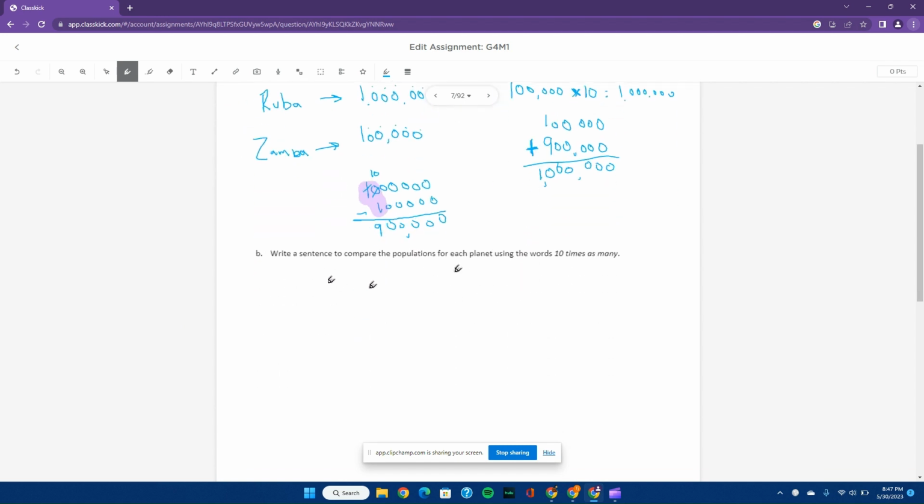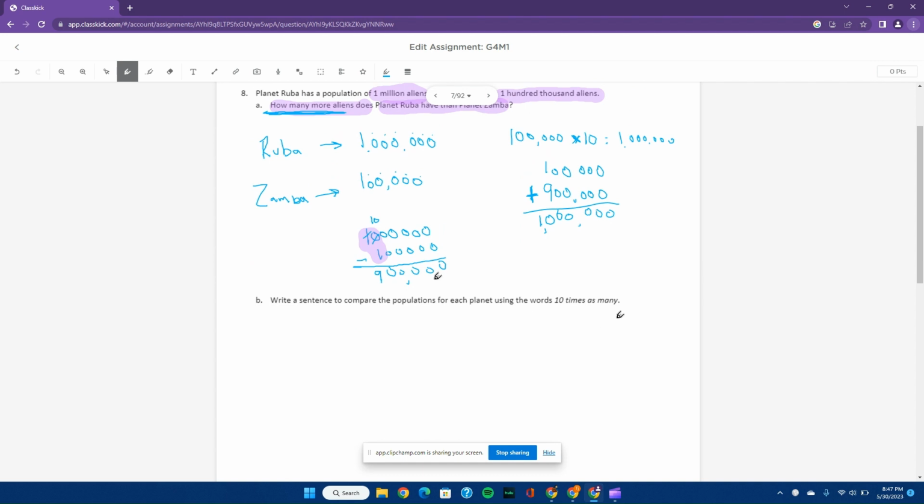It says, write a sentence to compare the populations for each planet using the word 10 times as many. And I sort of already talked through that here in letter A. So really it just becomes, how does a million become 100,000, or how does 100,000 become a million? Okay, so I could say 1 million is, and here's that phrase, 10 times as much as